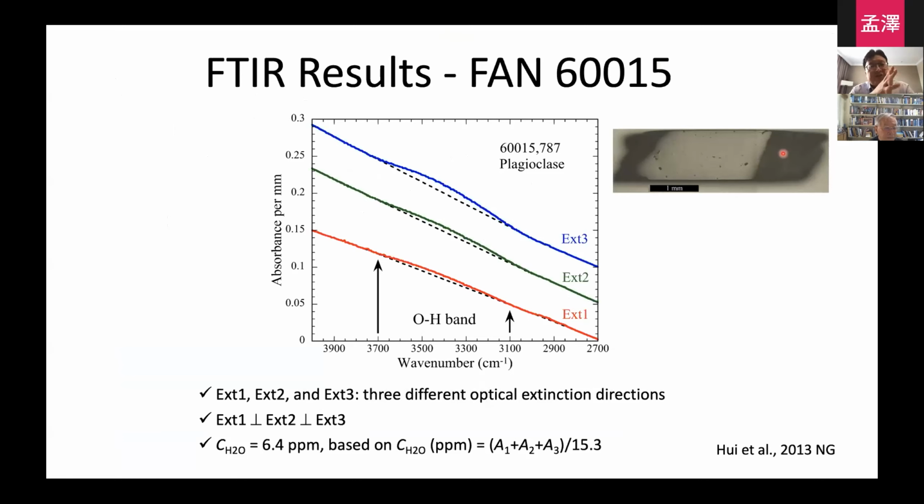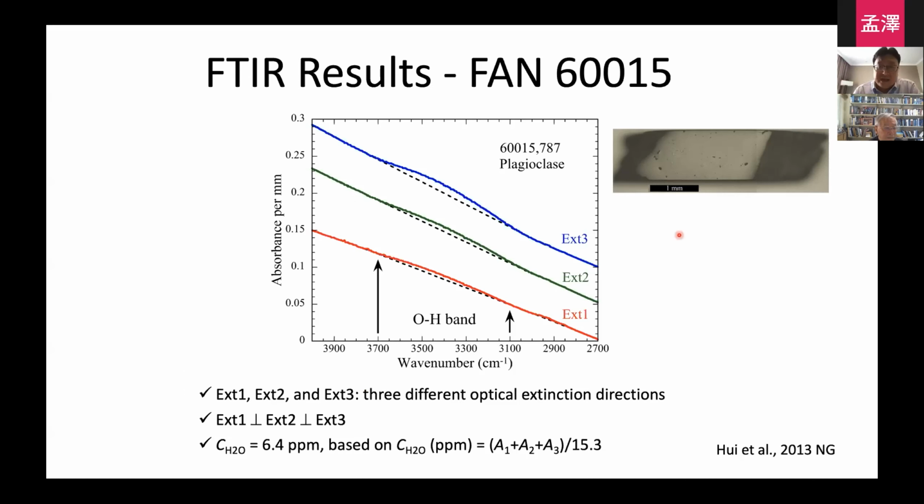So I first show you the FTIR results. Here is the FTIR spectra of a plagioclase grain from sample 60015. As we know, plagioclase is an anisotropic mineral. So if we want to do a quantitative analysis, meaning we want to get the water content from this mineral grain, we have to obtain